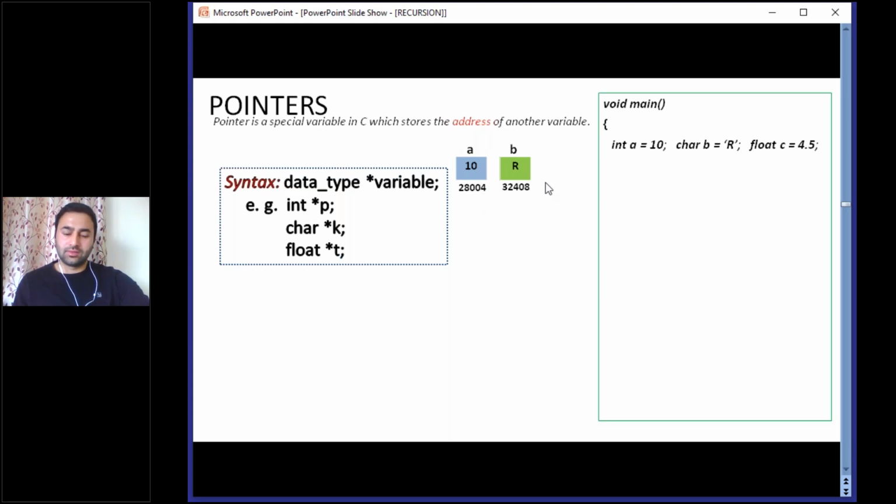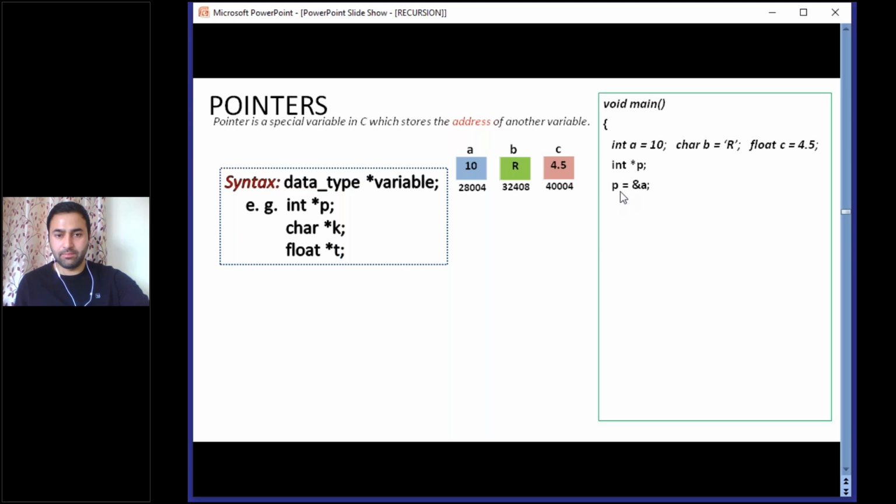So kindly concentrate on this slide now. See this third variable c whose value is 4.5 and its address is 40004. Now this is the declaration for a pointer, int *p. So p will store the address of an integer value.